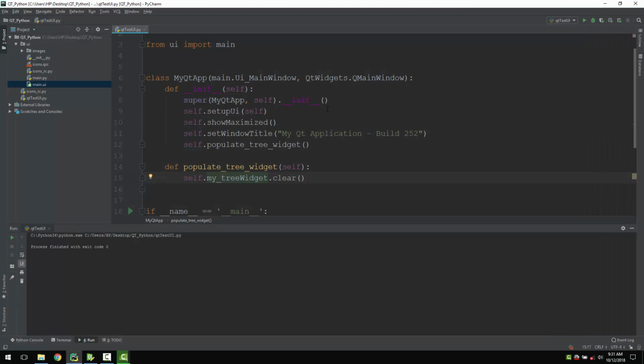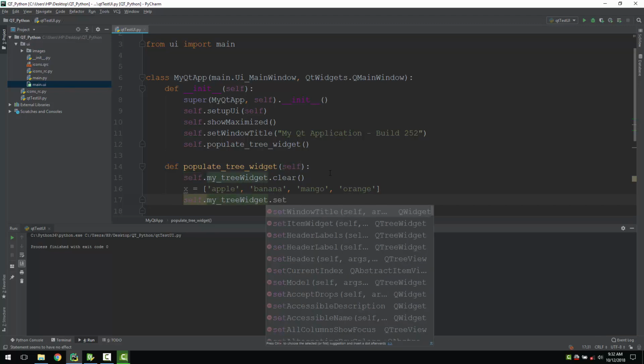So in the tree widget, basically you can populate a list. I will try to add a list here. So this is my list, something like names. Okay, so we have a few items that we want to populate inside our tree widget. So let's populate this self.my_tree_widget.set